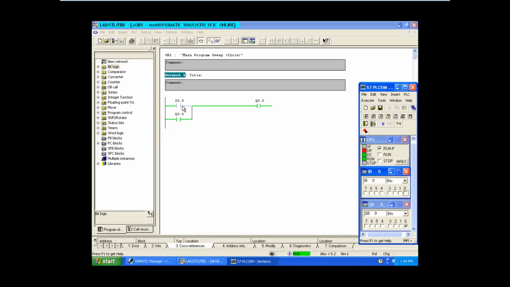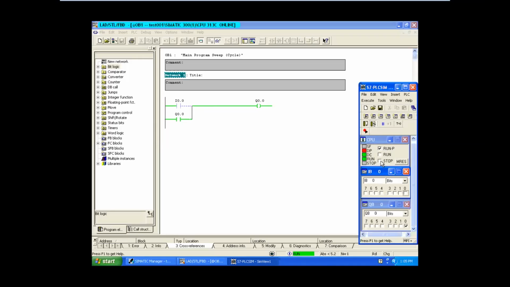You can take this as a push button also. I 0.0 is a push button. So this is how in our home or in a metro station and all we are having a push button for operation, right? Even though you are removing your finger, it remains on, no? So this is the concept behind that. So they have done the latching of your output coil with input. That's what, even though if you remove your input contact, it still is on. Fine. So this is called as latching.